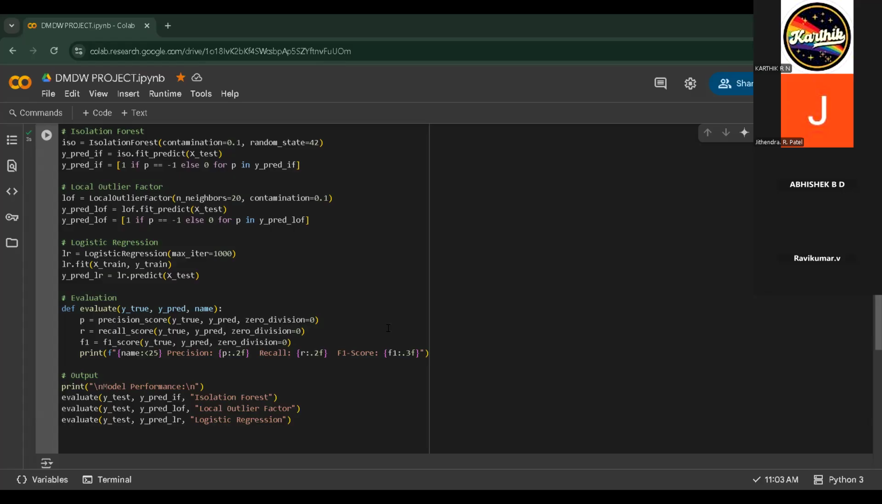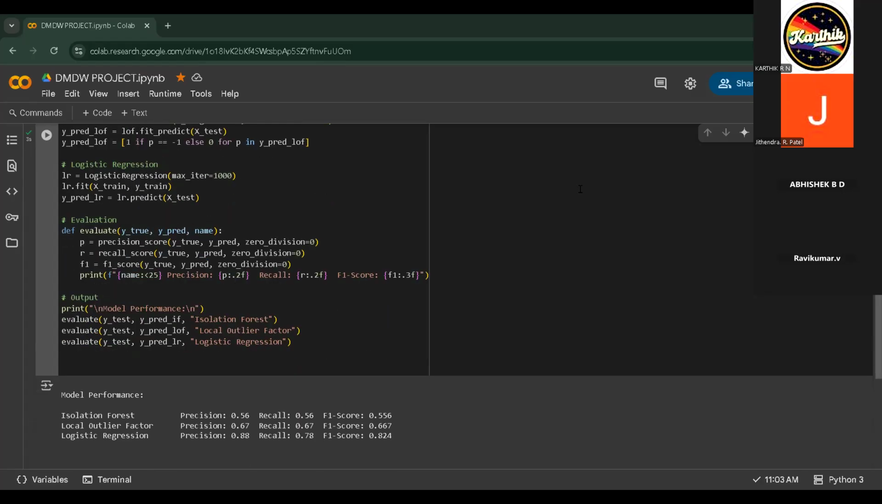Next, the print statement model performance, evaluate(y_test, y_prediction_if), which is used for printing the isolation forest. And next, the other two are used for printing the local outlier factor and logistic regression. This is all about our presentation. Thank you. And next, coming to the output, for the isolation forest, precision is 0.56, recall 0.56,